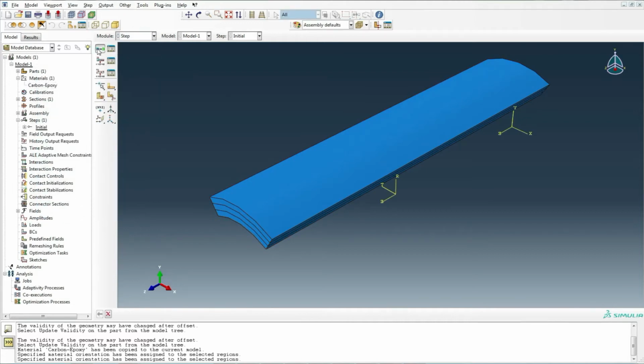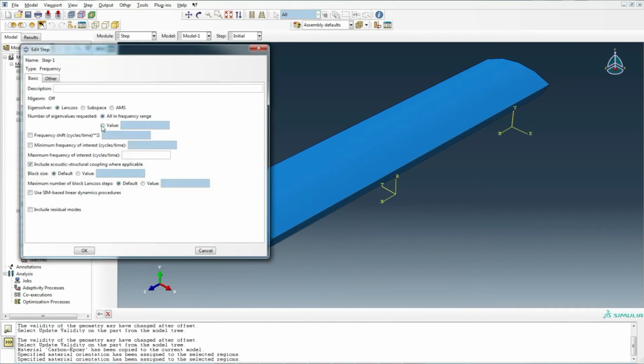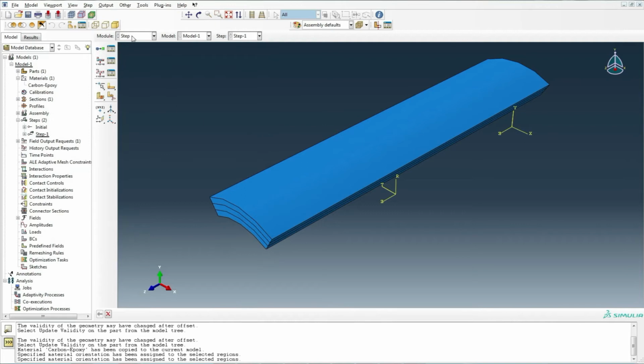And then in the step module, this time we need to do the free vibration problem. So we go for the linear perturbation type and go for frequency. Using the Lanczos solver, the number of mode shapes that we want to calculate can be given in the values field.